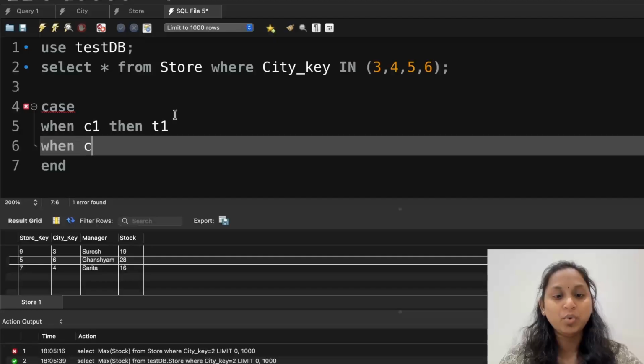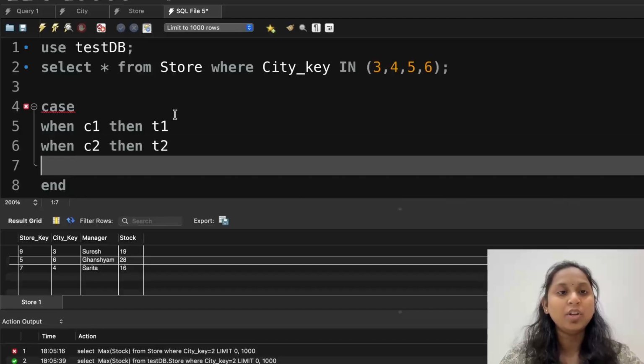And if c2 is also not executed, then what will happen? It does the last option, that is the else part. And this way we can end the case. As many conditions as you want to add, c1, c2, c3, you can add, and an appropriate task will be added.